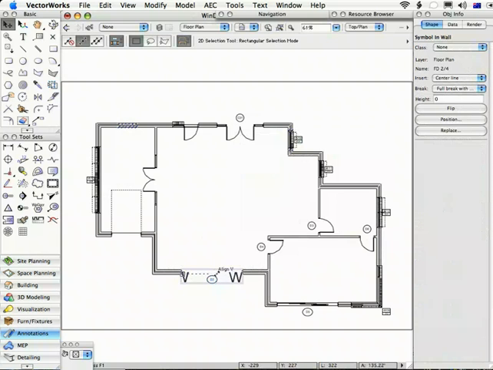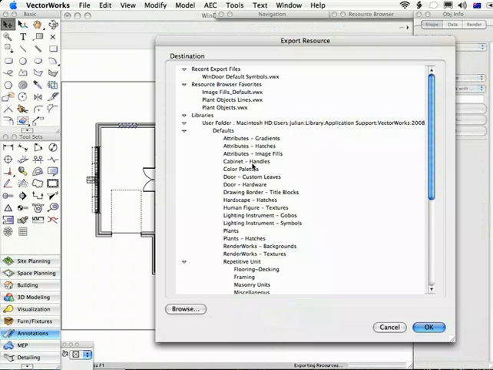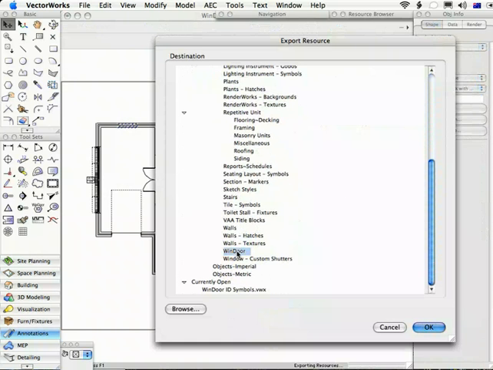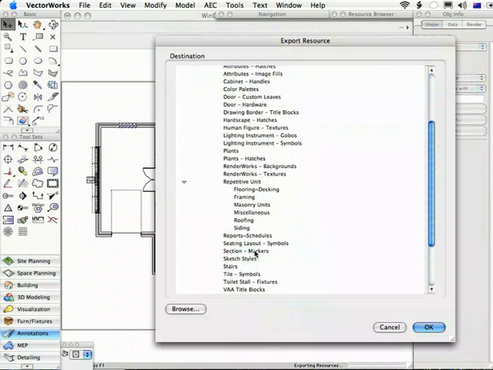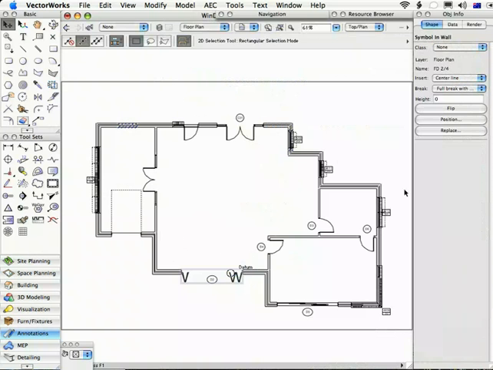To export this to my library, I just right click on it, and you can't see it at the bottom of this list, but there's a choice that says Export. I can choose Export, and here I have my user folder, and I can scroll down here, and here's the WinDoor folder. I haven't got any files in there on the Mac, but if I had files in there on the Mac, I could save them there. And I just click OK, and that symbol will be exported and put into the library file, and the next time I use the copy or replace, I can then